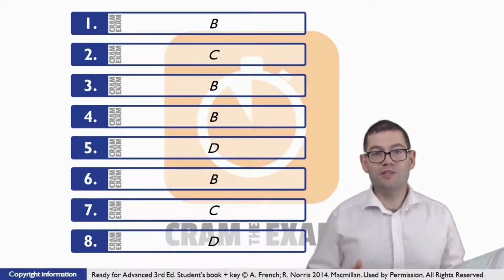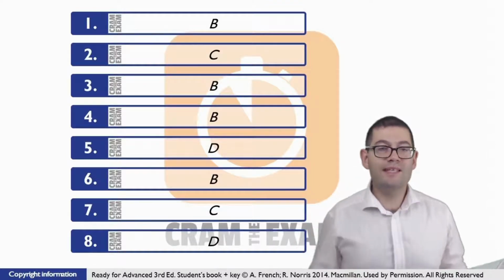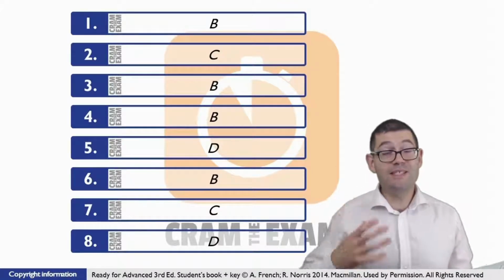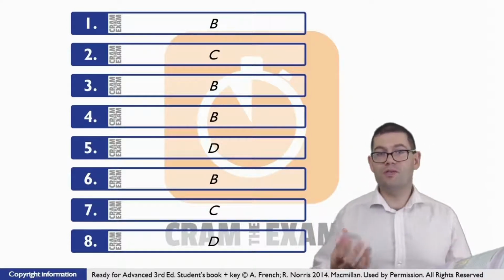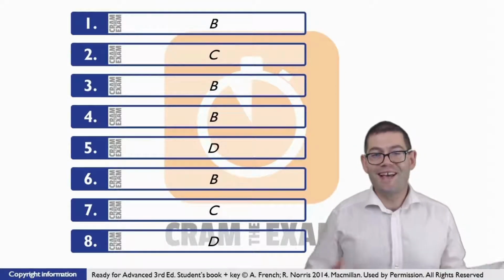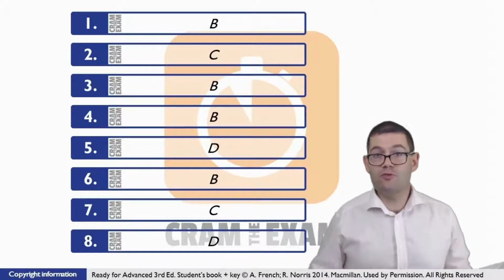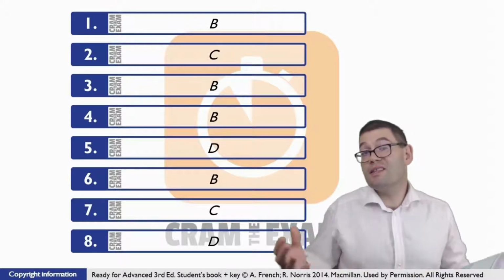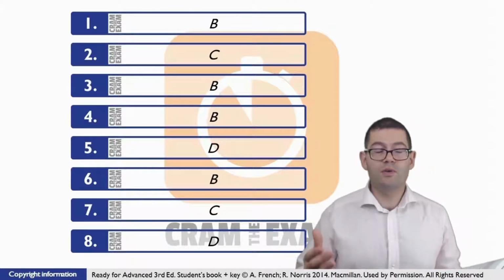For question number 4, the context is quite clear. A message has been sent to you and you have to respond in some way. But which verb do we need which means the same as respond and fits this particular context? We can either say B or C, but one is more correct than the other one. Clearly there's only one correct answer, and that is B, asked. Why? Well, C is too dramatic, it's too emotional, you're not being urged, there's no pressure for you to do this, the decision is yours. So we need a verb with a neutral meaning, either you can do it or you don't have to do it, which is B, asked.